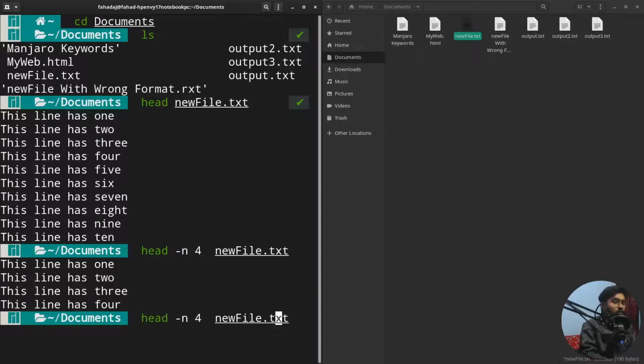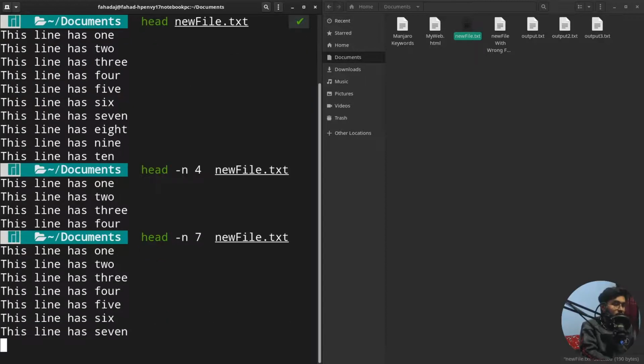I can go for the 2 lines, 3 lines, I'm gonna go for the 7 lines, but you have to remember that the head command will show you the first lines, the starting lines of your text file. Alright, so we can see the